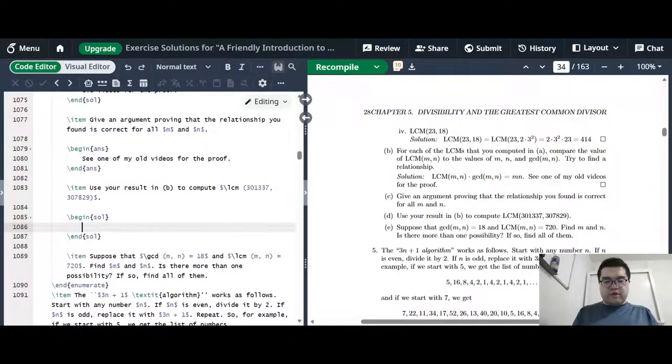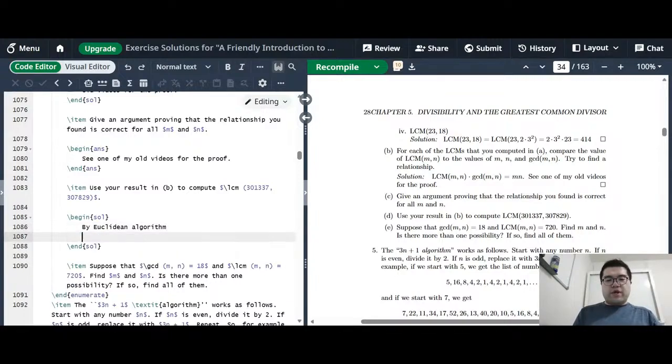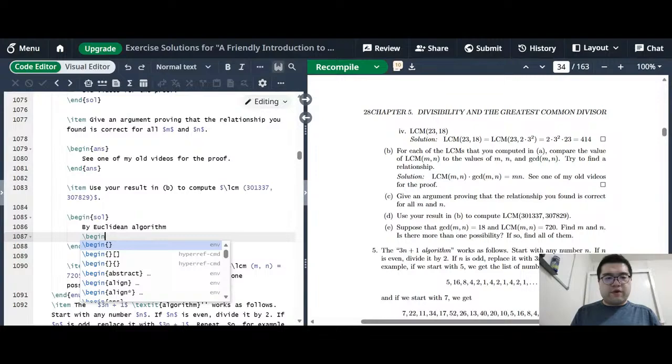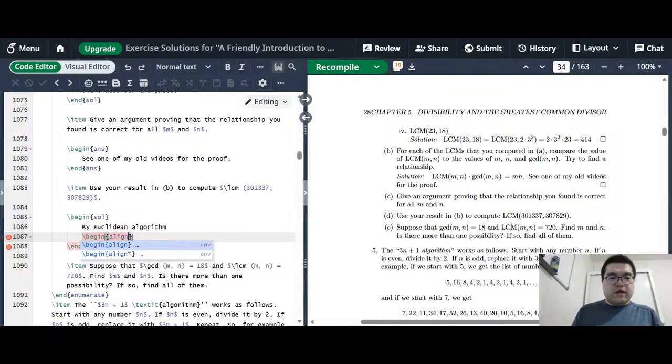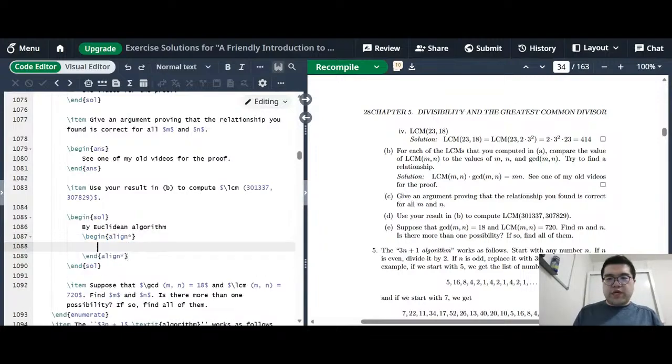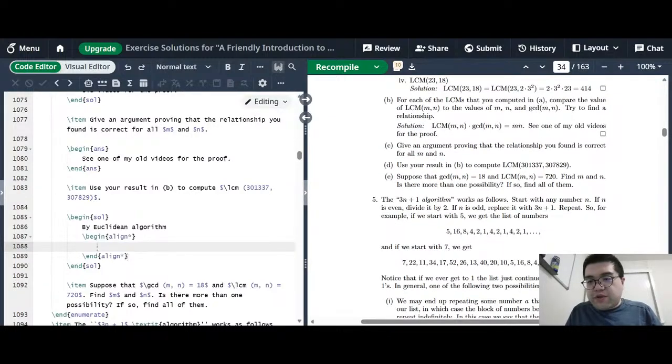So by the Euclidean algorithm, we will try not to get all the result in one single step, but we're going to practice a little bit more of the Euclidean algorithm to find the GCD. So we have the two numbers 301,337 and 307,829. Clearly the second number is bigger. We are going to start with that